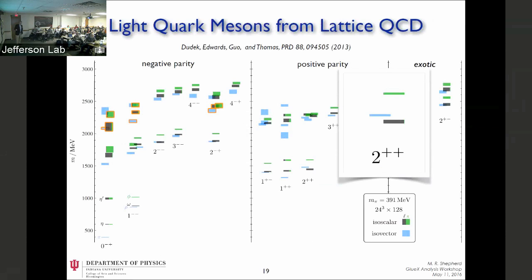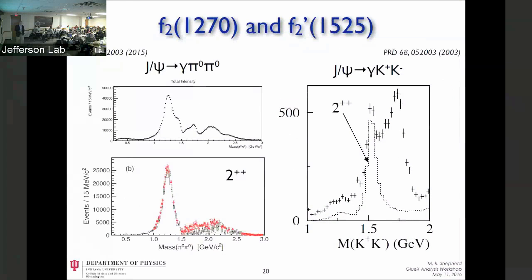But in this case, it turns out that QCD predicts that these 2 states should be separated. One should be purely strange, the other should be non-strange. And it turns out that we have candidates for these 2 states, the f2 1270 and the f2 prime 1525, and we can look at how they decay. One way to look at how they decay is to look at decays of charm mesons. And this is a very handy tool because when you have J/psi, this is a charm anti-charm state, decaying to gamma pi 0, the only quantum numbers you can populate in pi 0 here are 0++, 2++, and 4++.